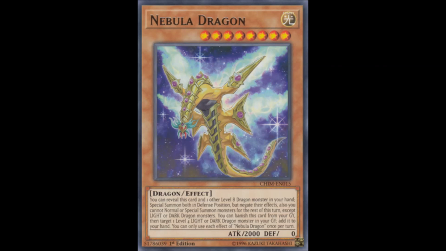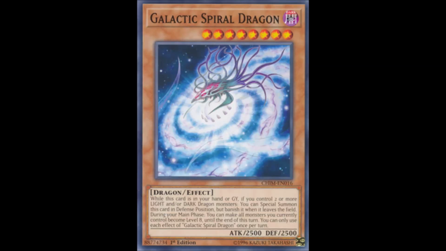It also restricts you into light and dark dragon monsters for the rest of this turn, which is completely understandable with this level of special summoning. And it also happens to have the same stats as the Schwarzschild Dragon, which I didn't notice up until now. And one of the level 8 monsters which you can summon with this thing's effect is Galactic Spiral Dragon, but you're most likely going to be summoning this thing after you've summoned Nebula Dragon and another dragon monster, because it